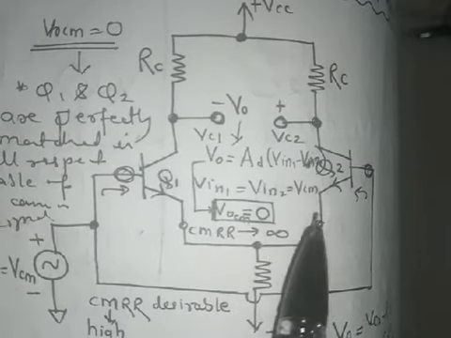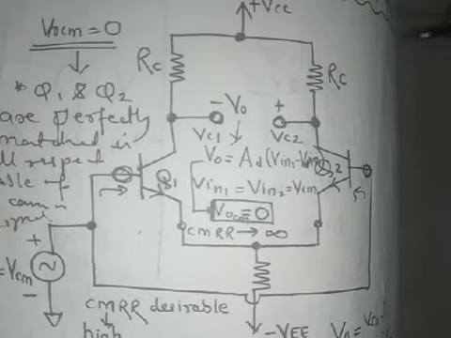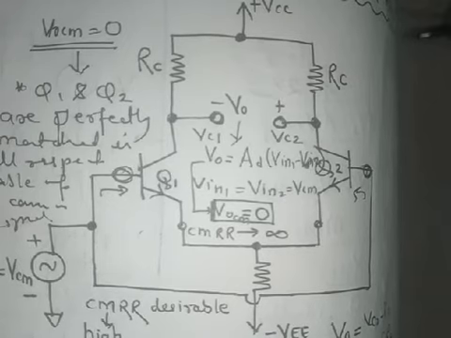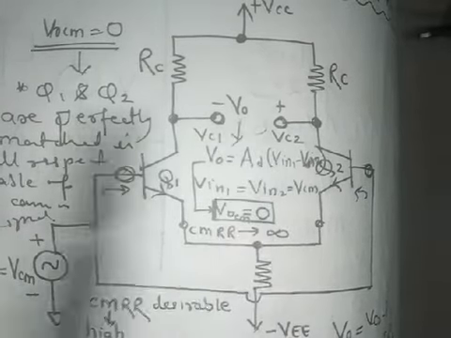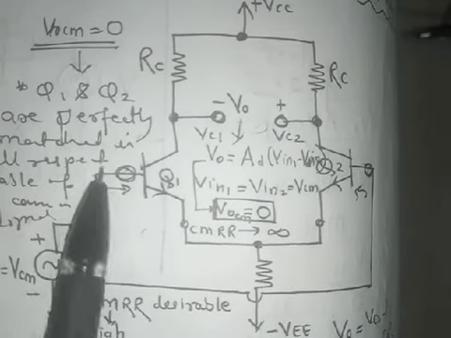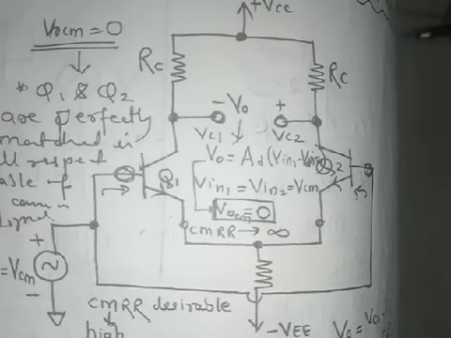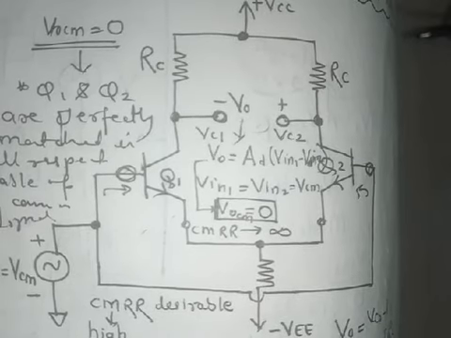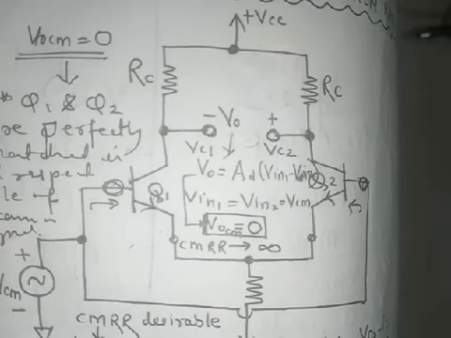So Q1 and Q2 may slightly differ, although a lot of effort is made to make them perfectly equal, but due to slight variation, a small amount of noise voltage can come here. For a common mode input, the output cannot be exactly 0, it can be very small, making CMRR very high. We have already discussed the definition of CMRR and common mode gain, so I don't think there is much more to discuss.